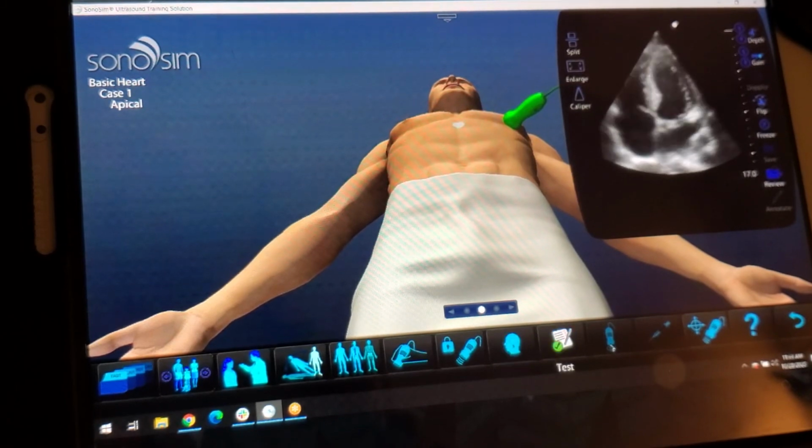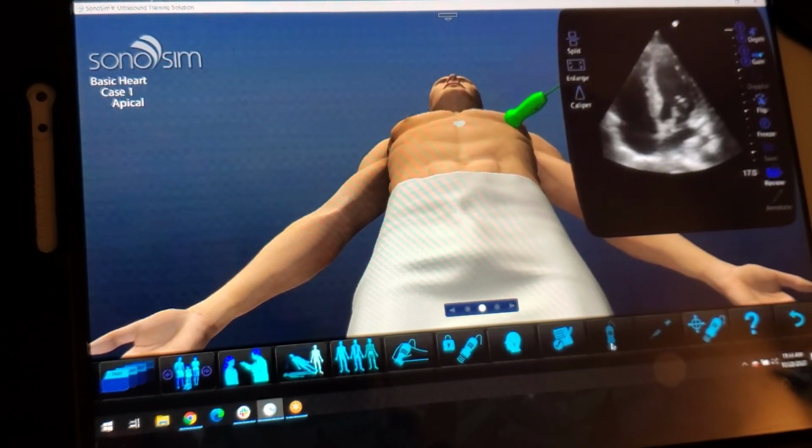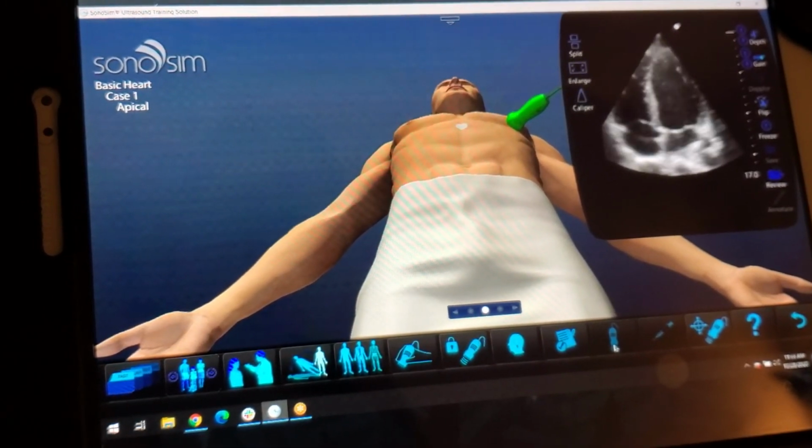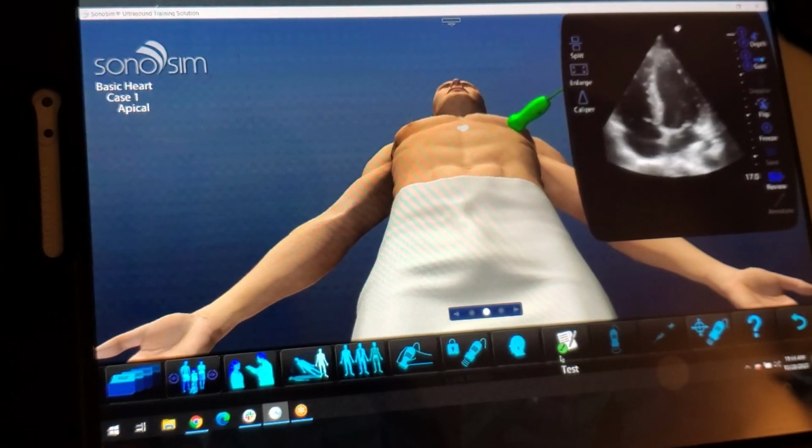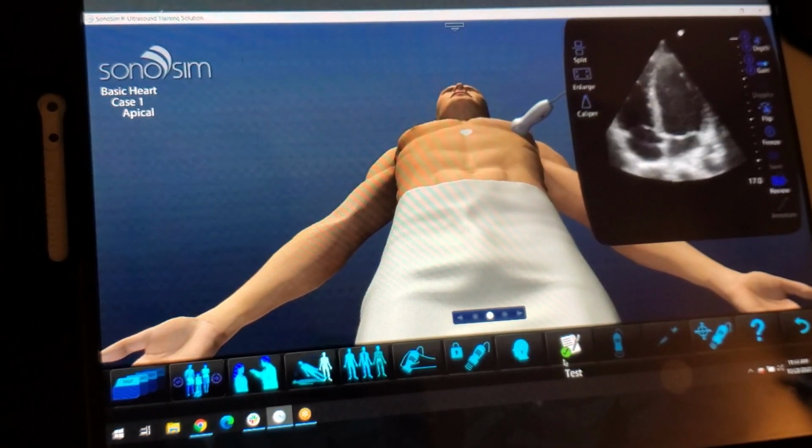Any questions on the features that we've covered so far? I know it's a lot of information. A lot of times it's helpful to just start scanning and then answer any questions you have. But anything on these features I've covered that you'd like me to go over that doesn't make sense,